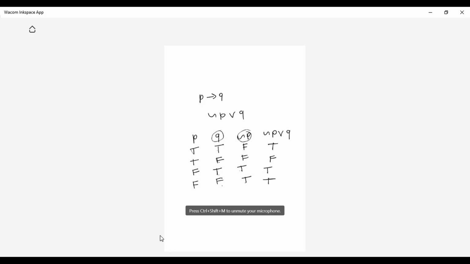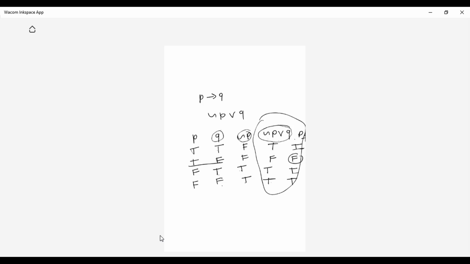Now, if you observe the truth values of negation P or Q, whether they are the same as P arrow Q, student: what are the P arrow Q values we are getting? True, false, true, true. Only for true, false am I getting false; for the rest I'm getting true. So P arrow Q is equivalent, or you can say P arrow Q can be written in an equivalent form as negation P or Q. I hope you have understood it, student.